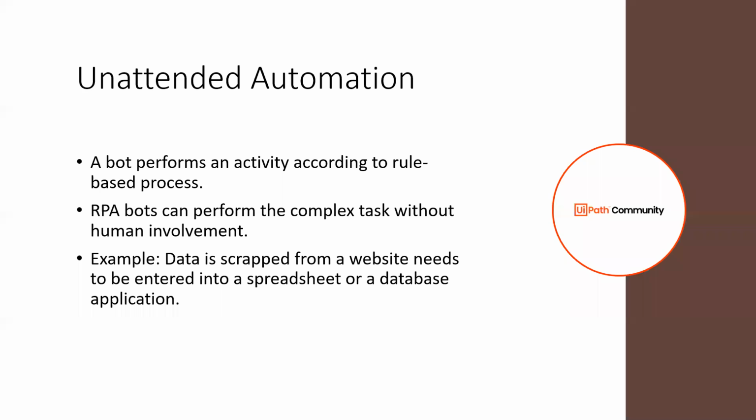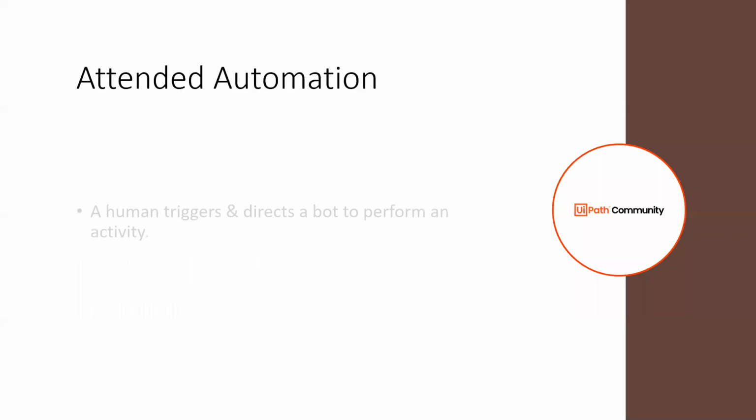So what we can do is we can take that list of the documents which they haven't submitted, and then we can send them a mail like, please do submit this document to avoid the closure of your bank account. So this is one more example of unattended automation that it can be understood. Going to now attended automation.